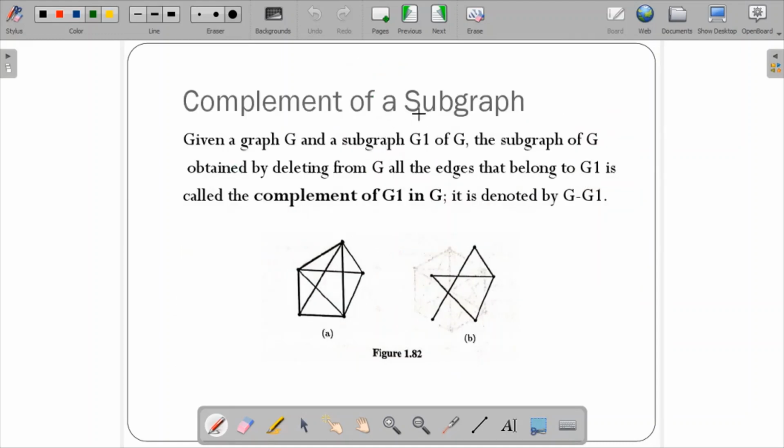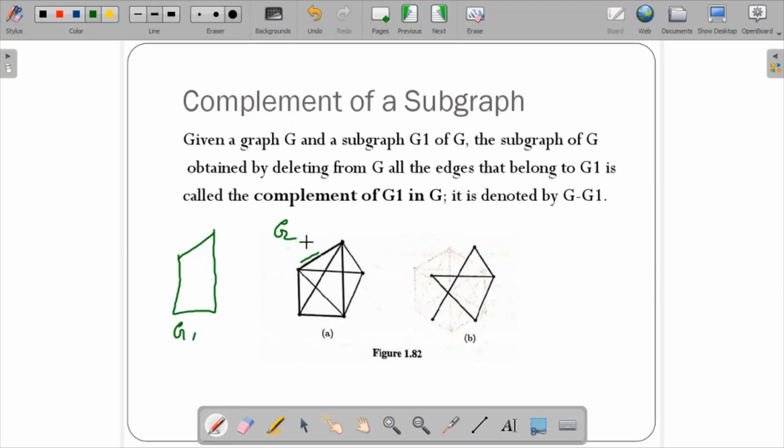Next we have the complement of a subgraph. Now the concept of the complement of a subgraph is that we have a main graph and then we have a subgraph. So here, given a graph G and a subgraph G1 of G, suppose this is the main graph, okay, and the darkened lines are actually taken as the subgraph. So the entire graph is taken as the main graph, that is G, and this graph is taken as the subgraph. Given a graph G and a subgraph G1 of G,